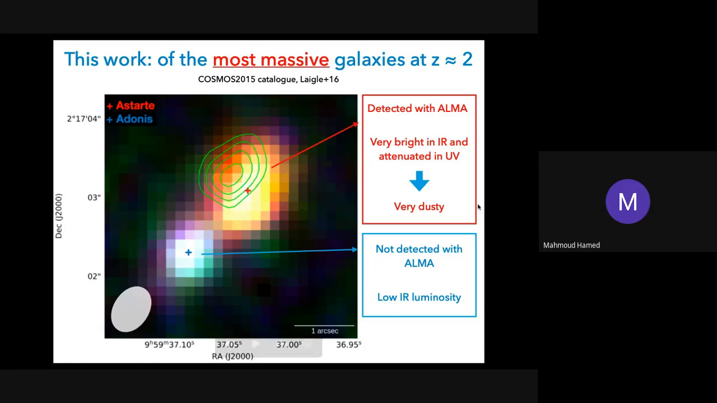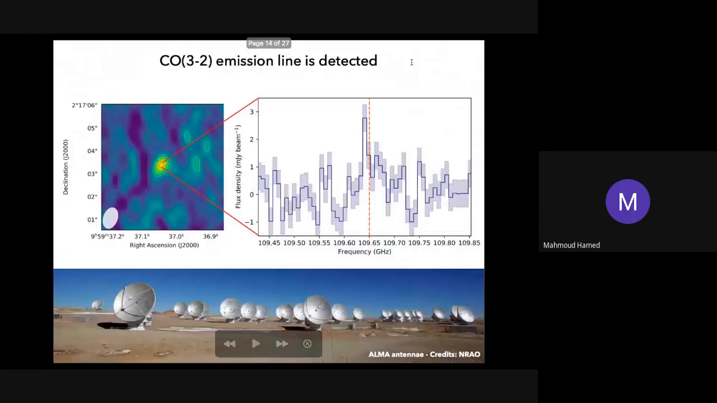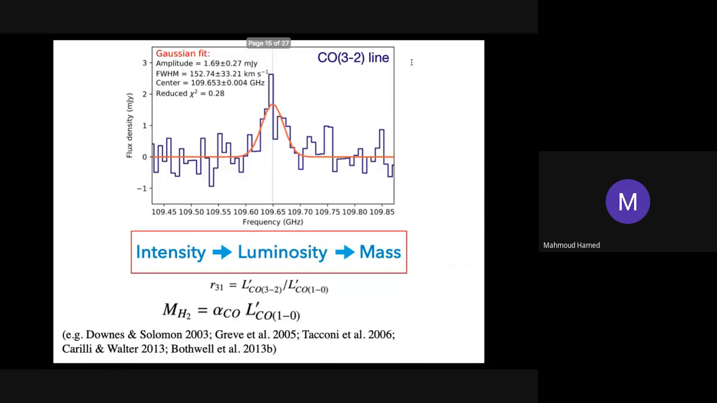So here you see the intensely bright galaxy in the infrared, which has ALMA detection, and it has a bluer galaxy nearby. So we study this system. We detect the CO 3-2 emission line at 5 sigma confidence and extract the line. We then convert the derived intensity to luminosity, and this luminosity to mass, basically, as it's typically done, to derive the molecular hydrogen using a luminosity ratio, which is R31, to convert the 3-2 emission to 1-0, and to convert the CO emission basically to hydrogen mass using the